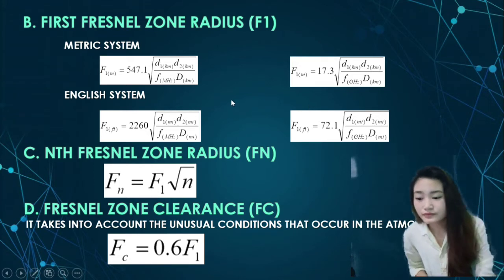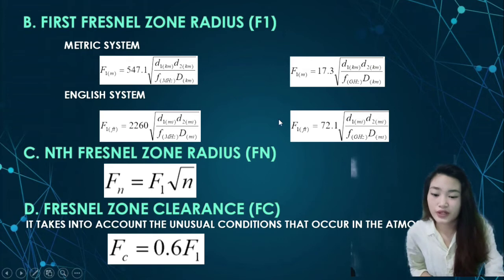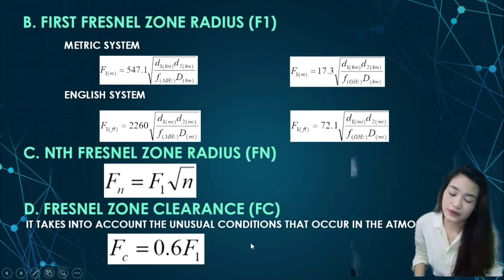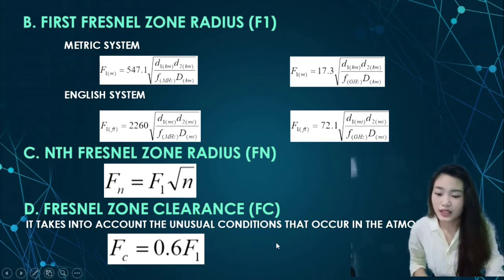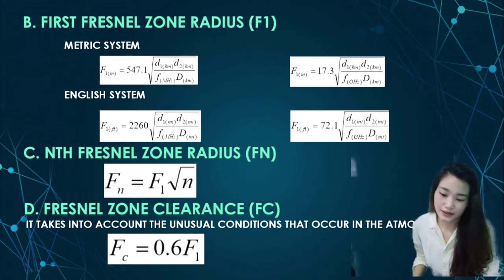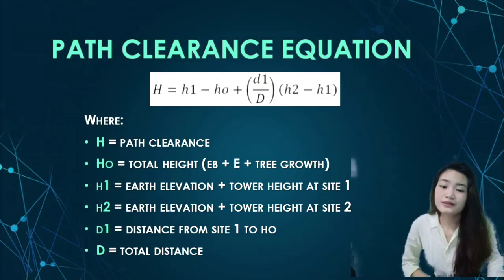Letter C. Nth Fresnel zone radius, Fn. Fn is equal to F1 square root of n. Fresnel zone clearance, or FC. It takes into account the unusual conditions that occur in the atmosphere. FC is equal to 0.6 times F1. Path clearance equation,